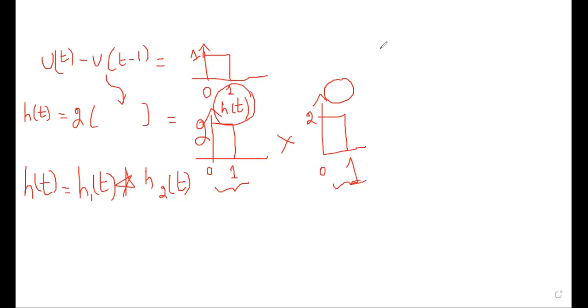I know the steps to solve it. So what is my first step? The first diagram I will keep as it is. My second diagram I will be flipping, so this is h(−t). Am I right here? h(−t). Just to avoid confusion, take the first one as h1(t) and the second one as h2(t).